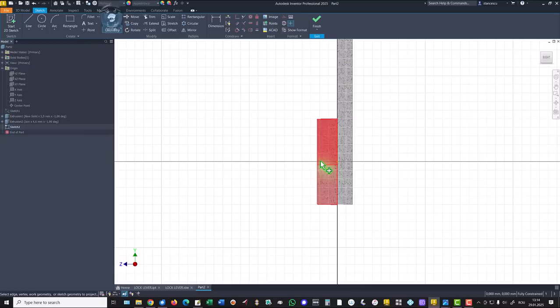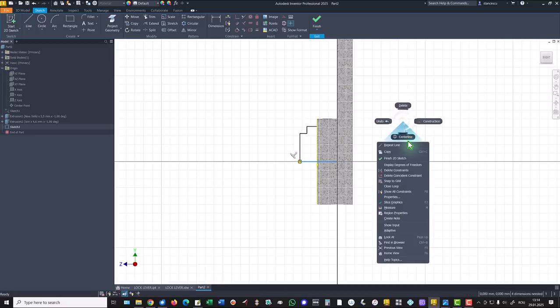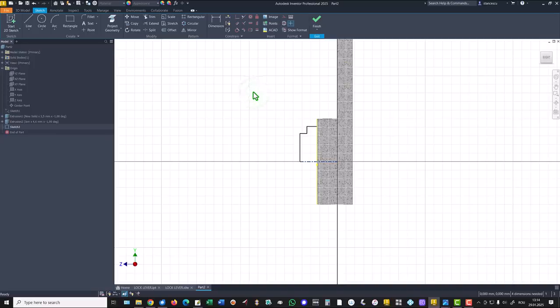We project this face, we draw some lines, 1, 2, 3, 4, and back here. This is a center line, and we have to apply those 4 dimensions